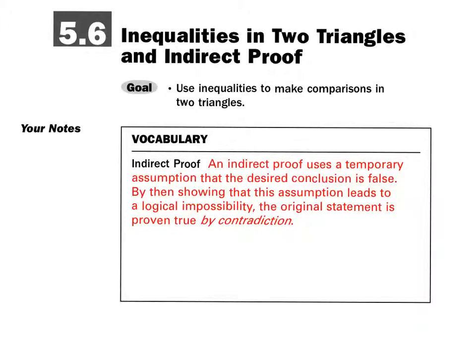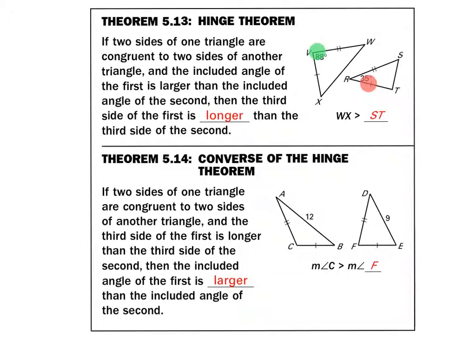In this video, we're going to learn inequalities in two triangles and indirect proof. For now, I don't want you to focus on this vocabulary just yet. Instead, I want you to read through the Hinge Theorem, and I'll walk you through it. The Hinge Theorem states that if two sides of one triangle are congruent to two sides of another triangle,